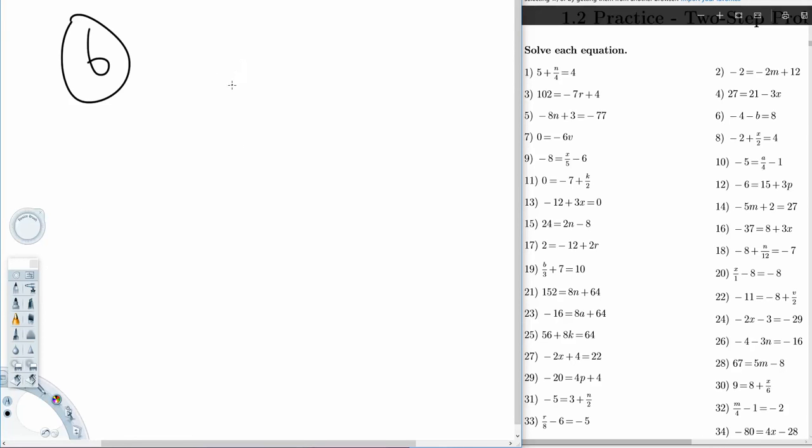Number 6 now. -4 minus b equals 8. So divide the equation into 2. We know what -4 is, we don't know what -b is, and we know what 8 is. So what we do is we add 4 here, and we add 4 here, and we get -b equals 8